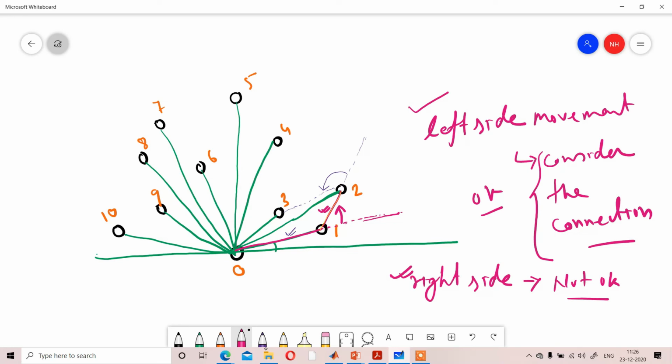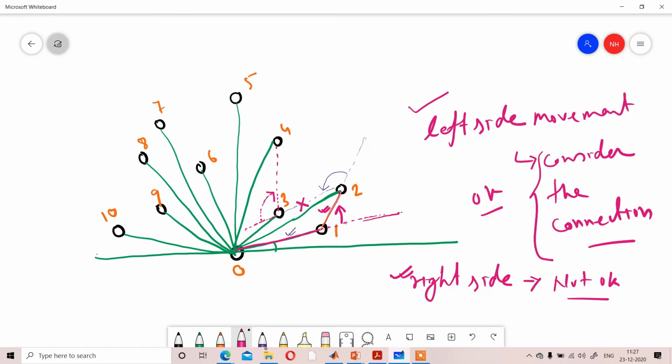Now next we will move from 3 to 4. If we move from 3 to 4, the movement was straight line like that from 2 to 3, last movement. So direction was to the right side. So this is not okay. The previous connection, that is connection between 2 to 3, is not okay.